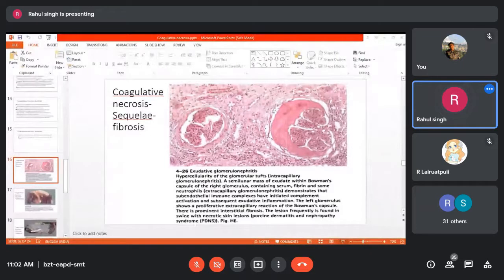So there are different sequelae of necrosis. One of them is fibrosis of the tissue. In the fibrosis of the tissue, you can see that the kidney tubules are all missing. You can see the fibrous connective tissue proliferating, and here also it is becoming very thick, even inside the glomerulus or in the Bowman's capsule, and only very few tubules are remaining. All the tubules have been replaced by fibrous connective tissue.